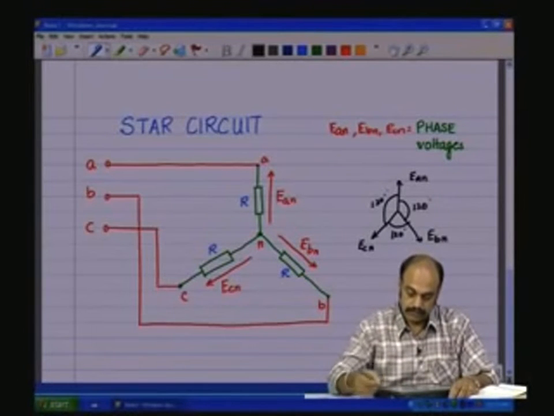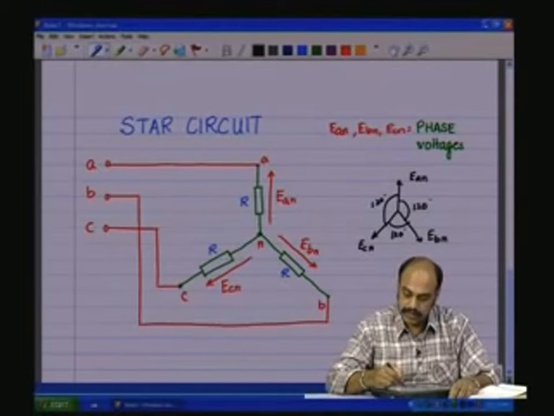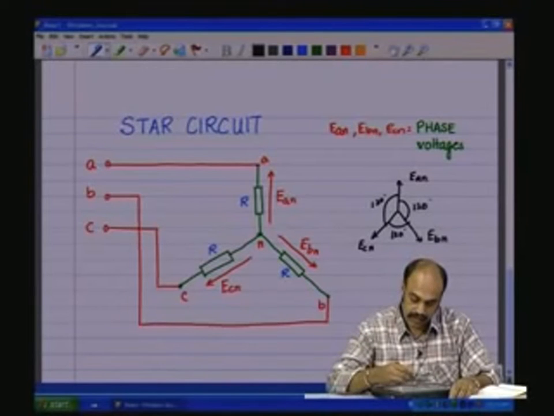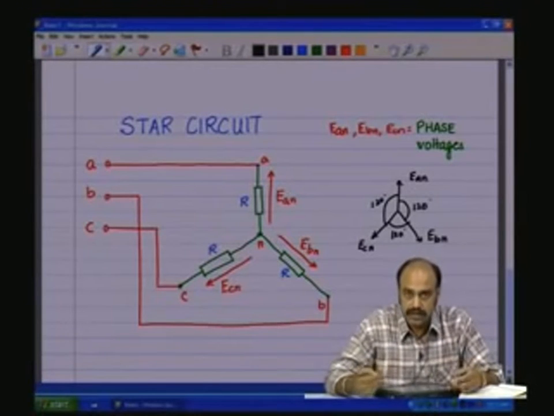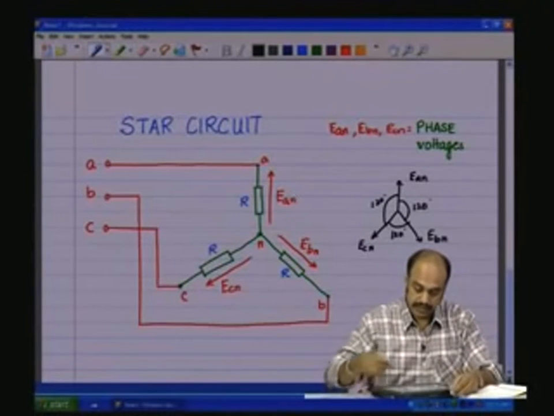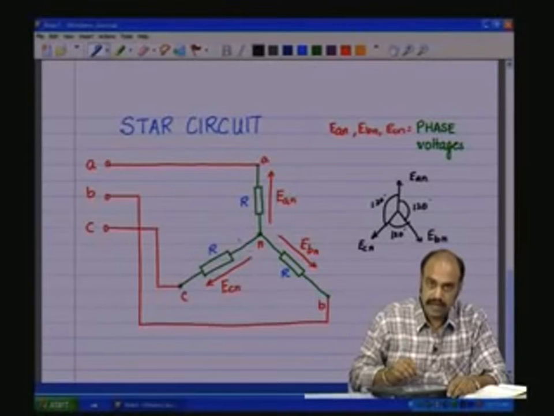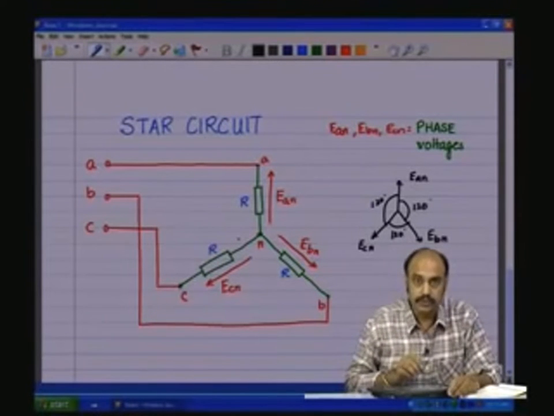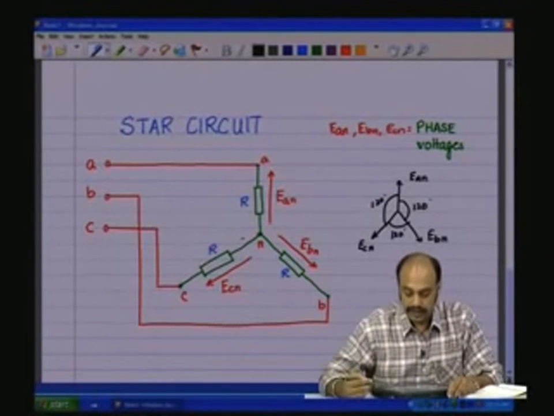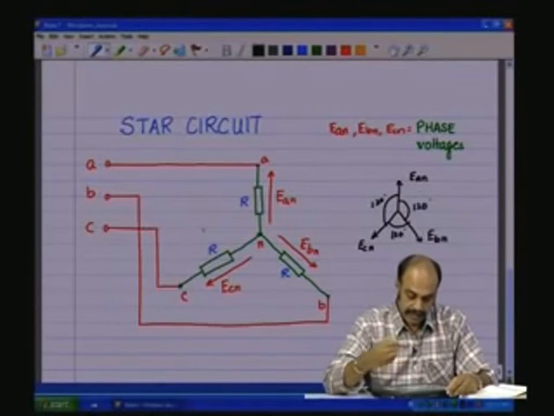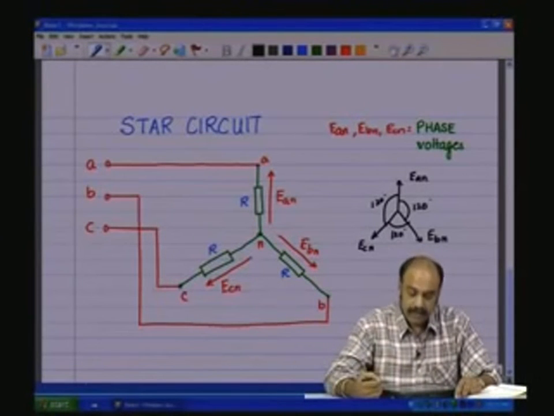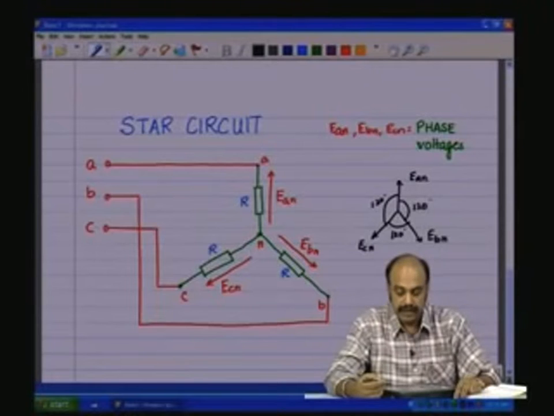So, as the phasor diagram is in the shape of the star, superposing the circuit on that, you get the circuit in the shape of a star, but in actuality it is the phasors which are 120 degrees displaced with each other, but the circuits can be written in any other shape also with all one ends joined together. But however, for clarity and aesthetically pleasing look, this is a much more descriptive way of writing the circuit.